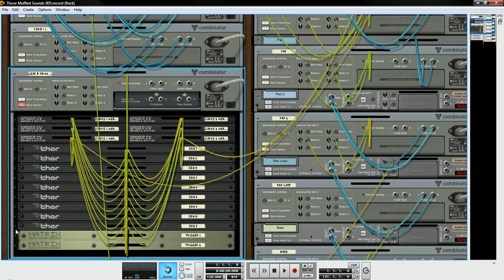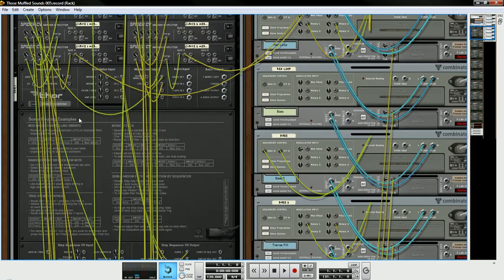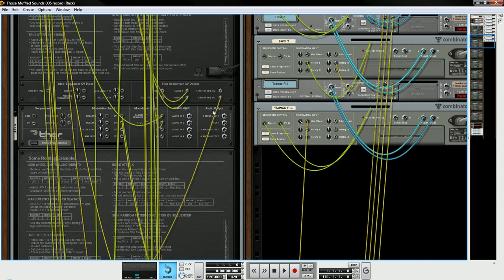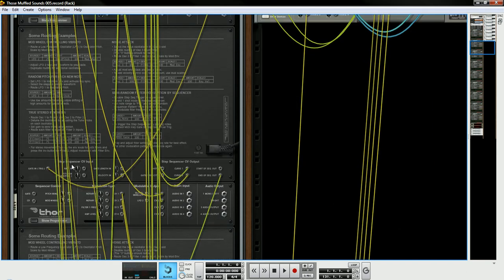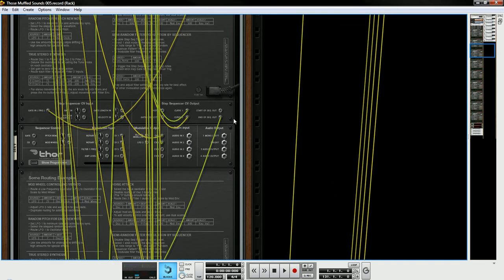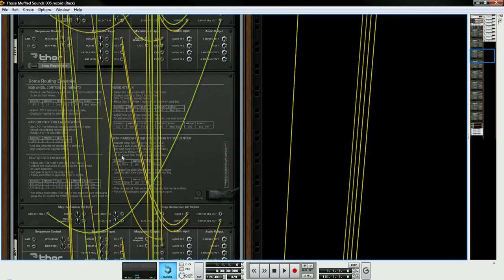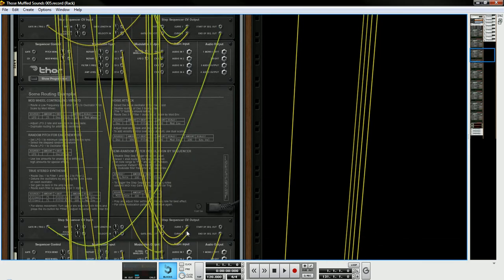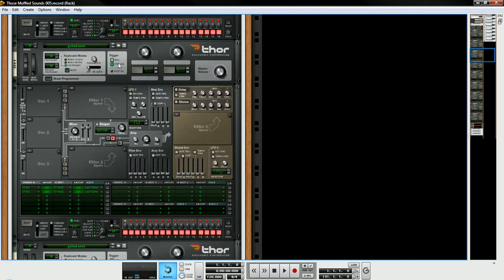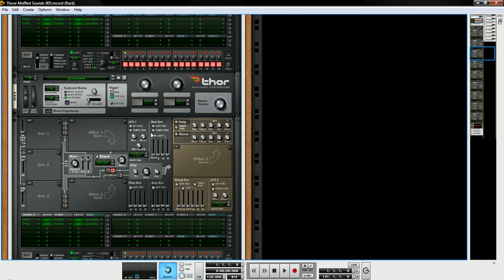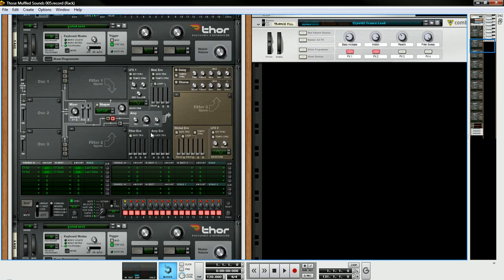So on the left, you've got all these Thors, and I'll just open them up. You've got all the Thors that are basically going from the end of the sequence of the first Thor to the start of the sequence of the second Thor, and all the way down, and so on and so forth. And then all of the curve CVs, the curve 1 and curve 2, are going into CV1 and CV2. And if you look at the front of Thor, CV1 and CV2 are going back out to CV1 and CV2, and they're triggered. The scale is the last gate so that they merge properly, and the way they're merged is